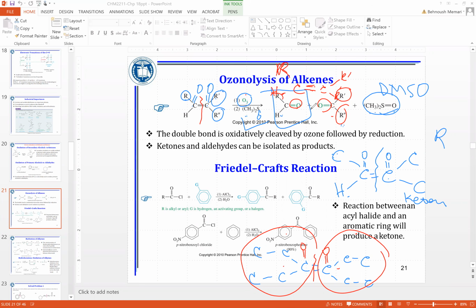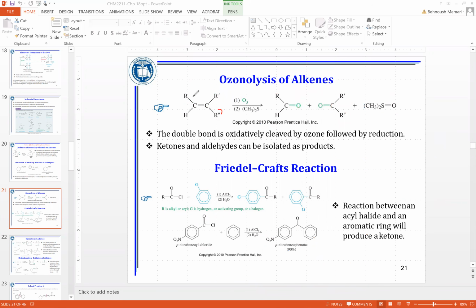So oxidative cleavage of alkene can generate either aldehyde or ketone, depending on the number of R groups that you have on the C=C double bond. Next type of reaction is Friedel-Crafts reaction. In the Friedel-Crafts reaction, we learned in chapter 17 that if you do alkylation, you get alkyl benzene,